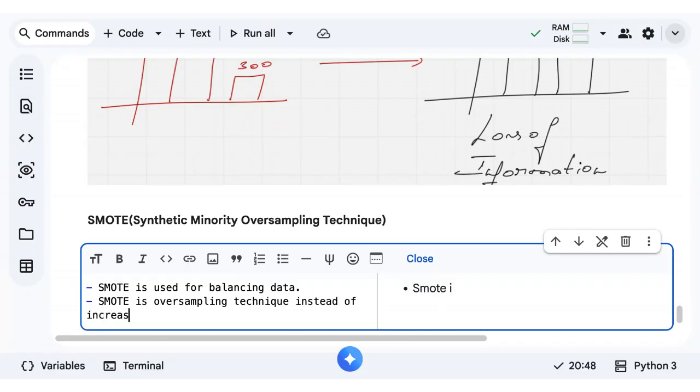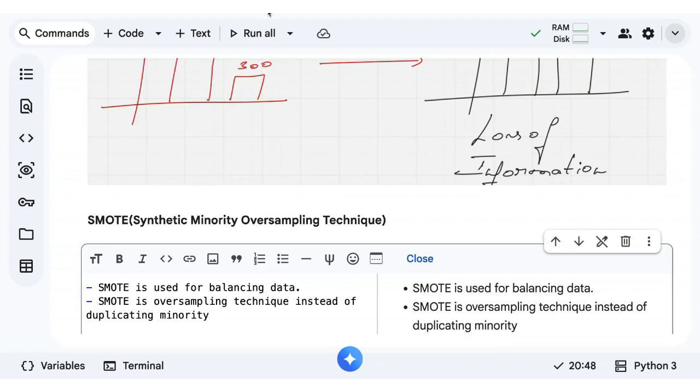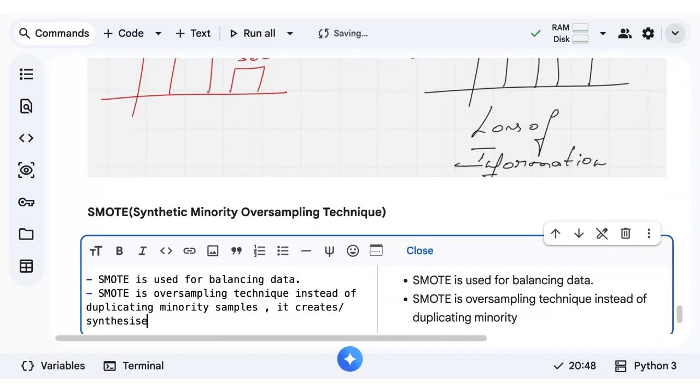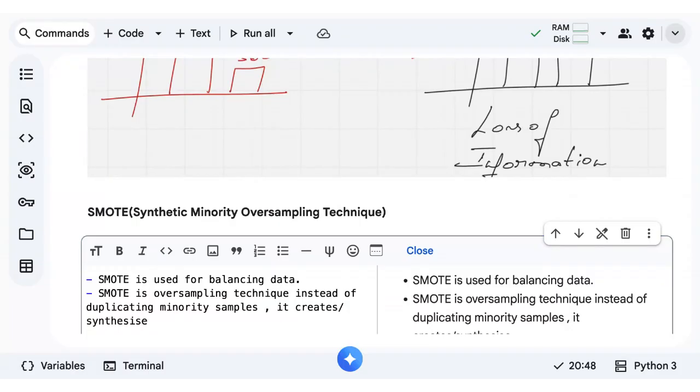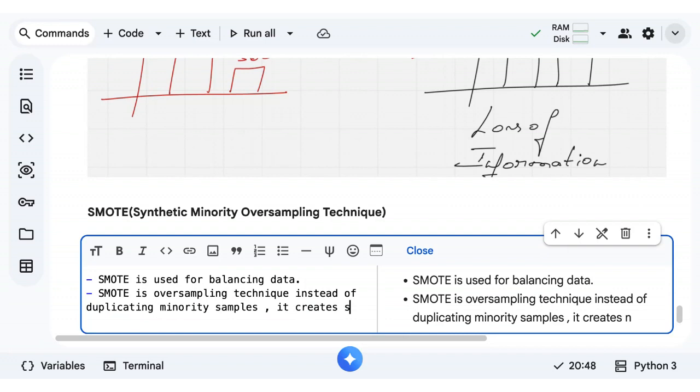Instead of duplicating minority records, minority samples or observations, it creates or synthesizes a synthetic new sample.